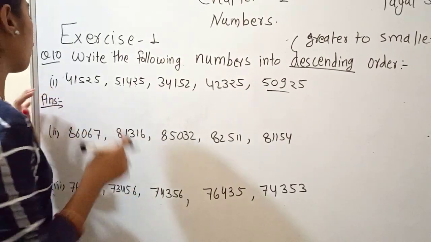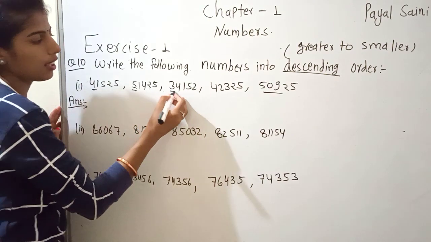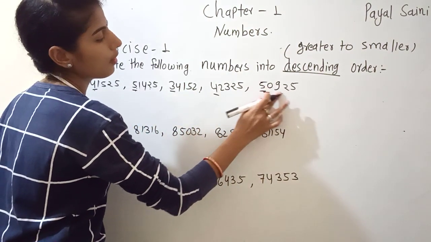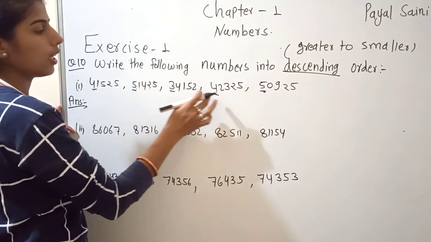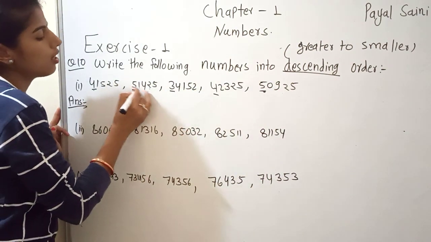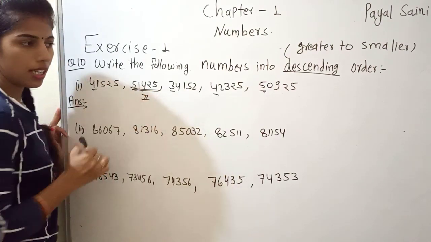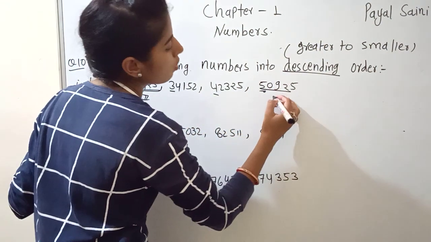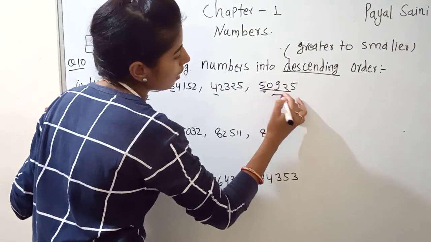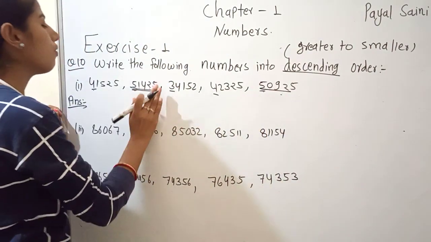And next is the first digit. Here is 4, 5, 3, 4, 5. Then we can say here 4, 3 and 4 are less than 5 and 5. Then we see here the first number and the second place number. We also take the last, fifth number, which also starts with 5. By the count we read these numbers.